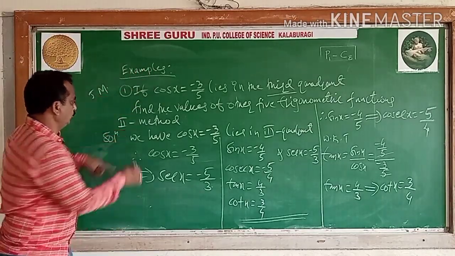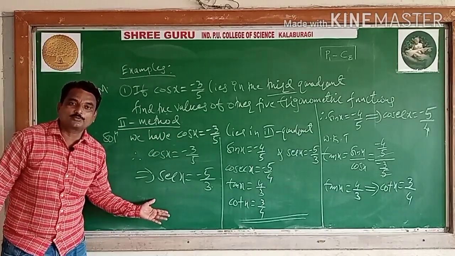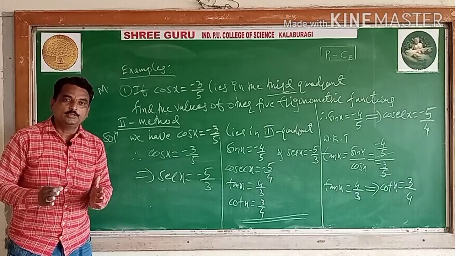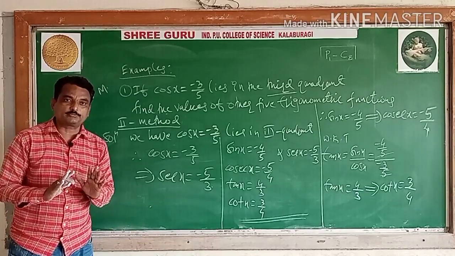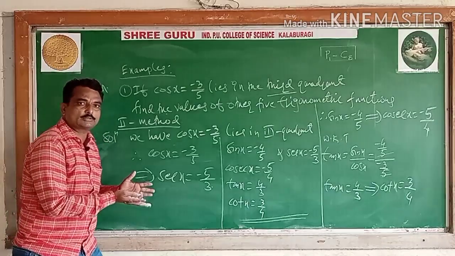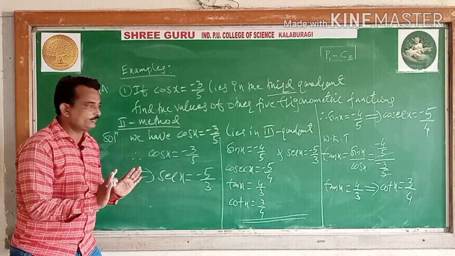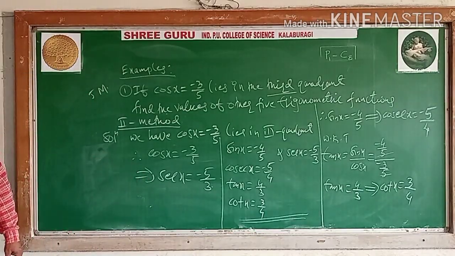This is method 2, students. This is the second method. You may calculate like that also. Whichever one is simple, you apply that one. Go through both the first method and the second method. If you are confused in one of the methods, go through the other method. Is it clear, students? Like that, you have to find the other 5 trigonometric functions. Important, you need these values to calculate these values here.